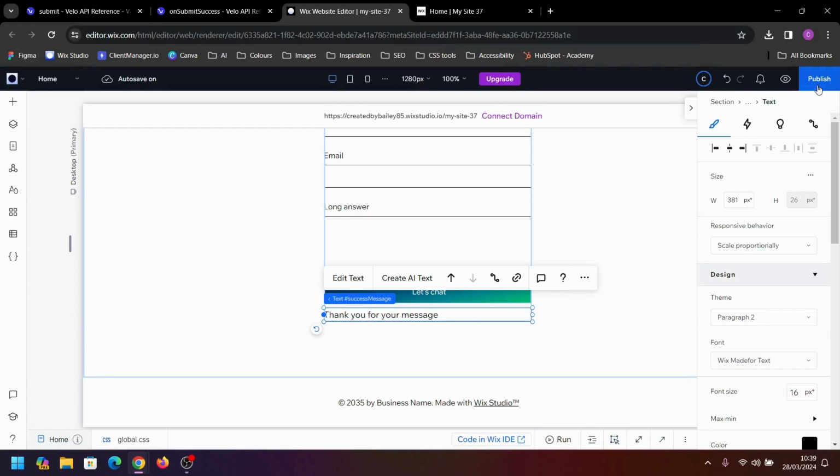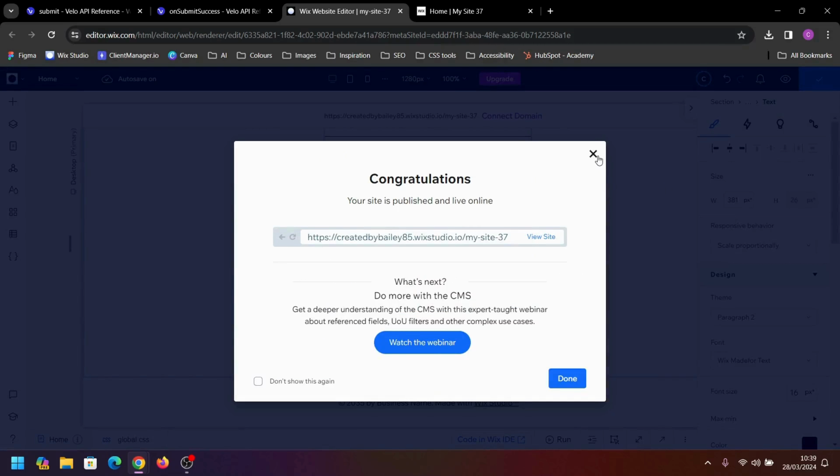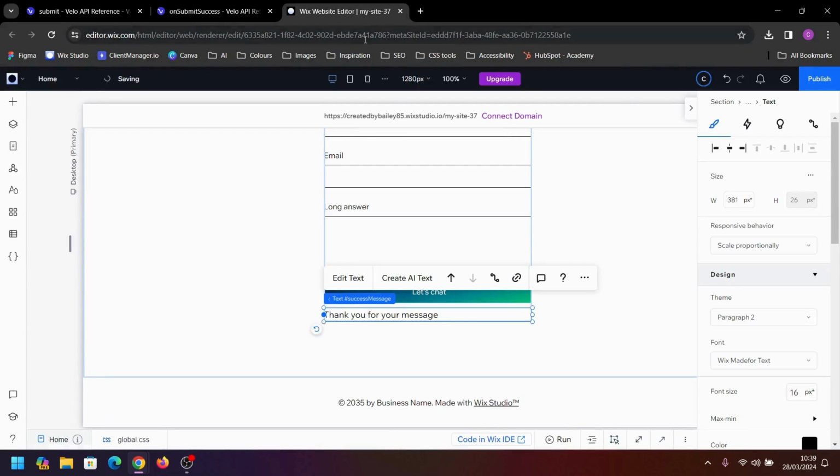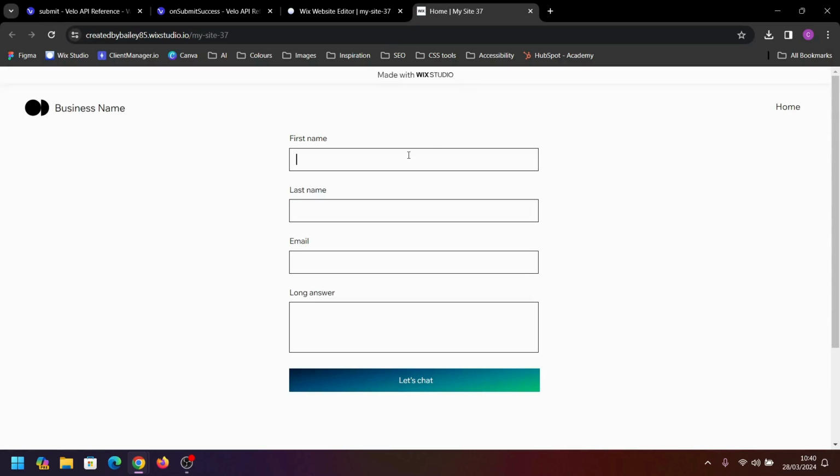Now if we click publish, wait a couple of seconds because sometimes it can take a minute to publish a site. Go to our live site. Now we've refilled this in again. We don't really need to put everything in properly. This one will actually need an email address. Now if we click submit, you can see our thank you message has popped up,